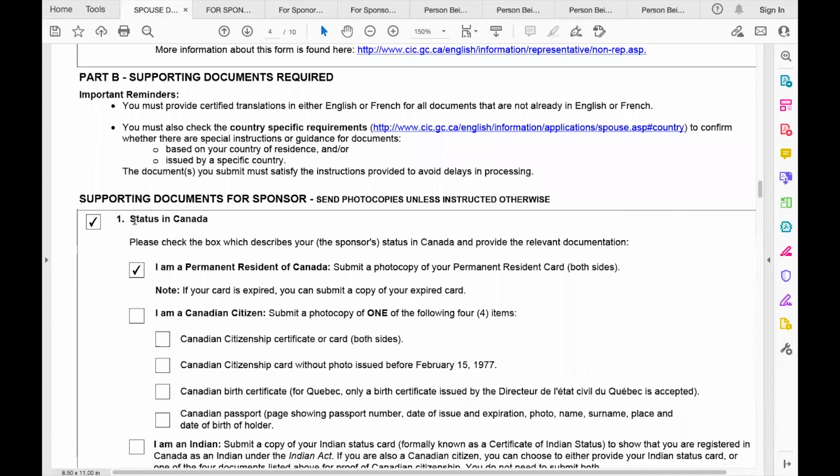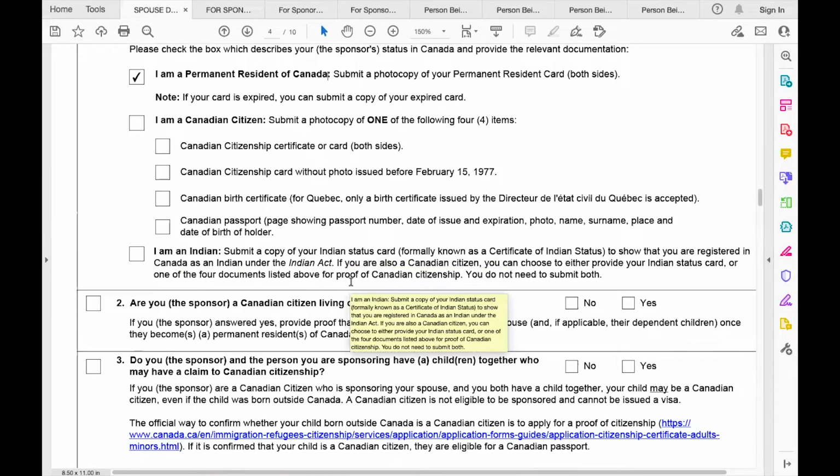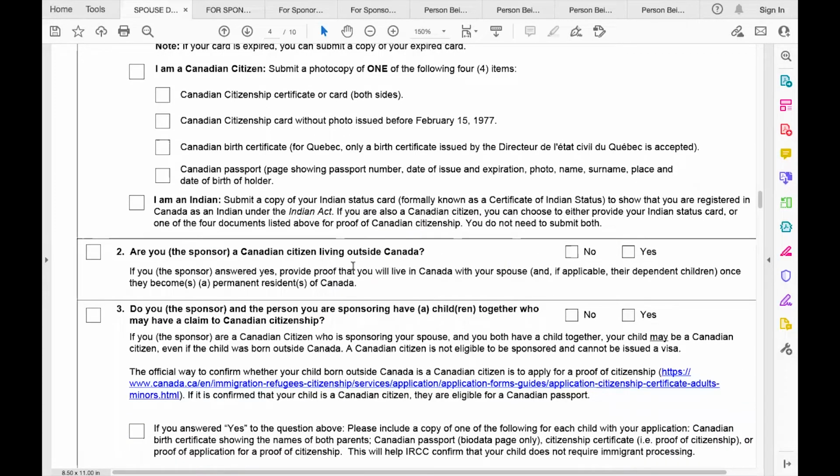So the sponsor here, you are going to indicate your status in Canada. So if you're a permanent resident, you are going to check that one. If you're a Canadian citizen, same. If you're a registered Indian under the Canadian Indian Act, then this is what you are going to indicate. Then for number 2, if you are a Canadian citizen living outside Canada, if you watched the step 1